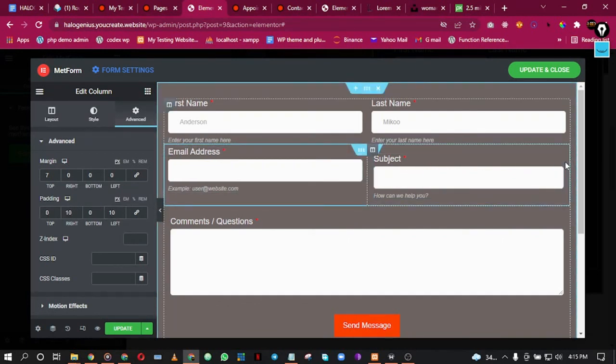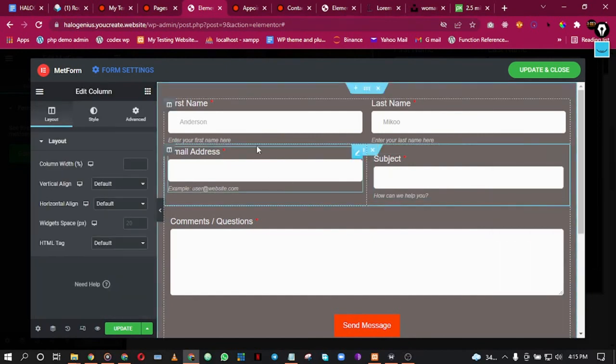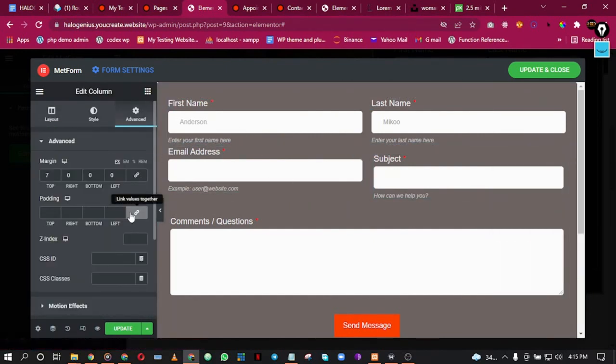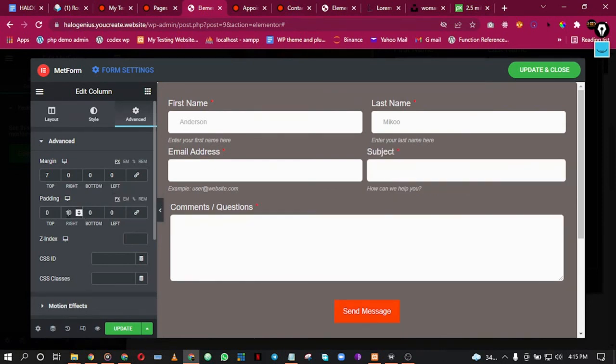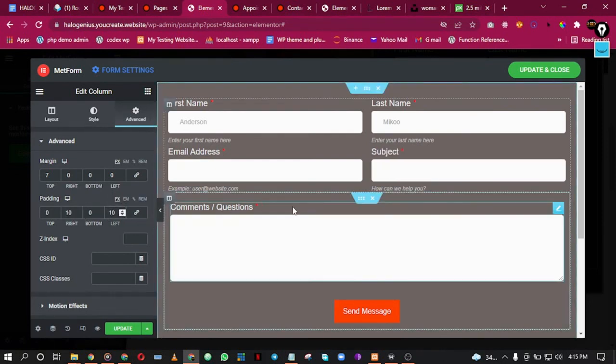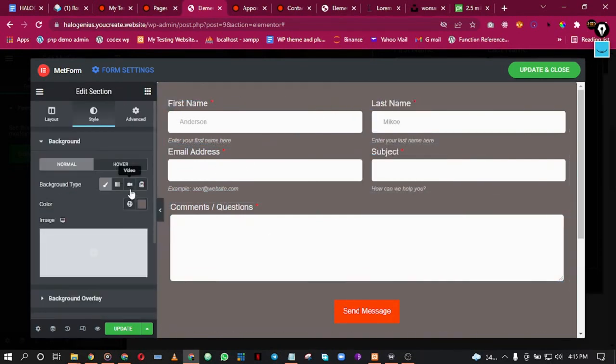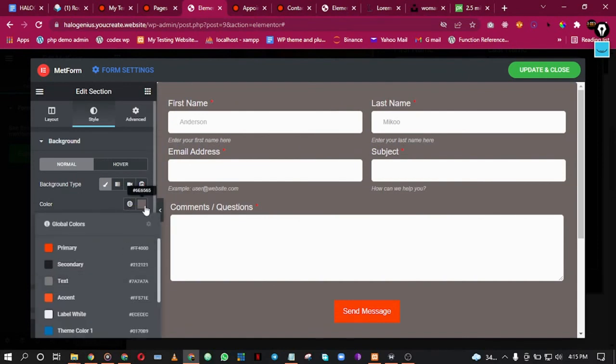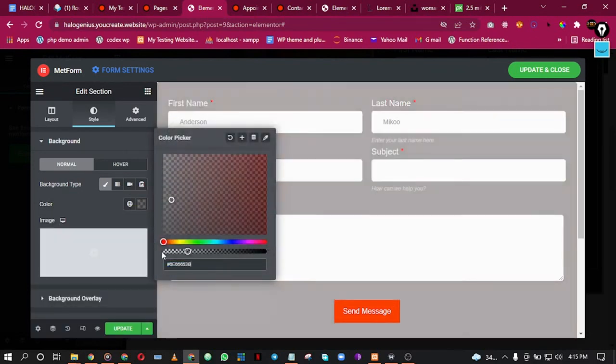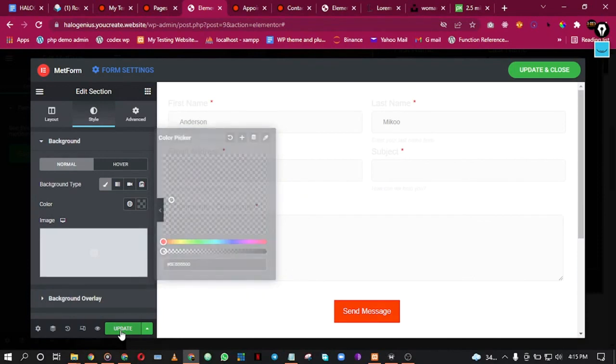Also come here to edit the column and give me 10 right and 10 left, and I think that should do it. So don't forget, if I edit the section I have to go and kill the opacity, then you update